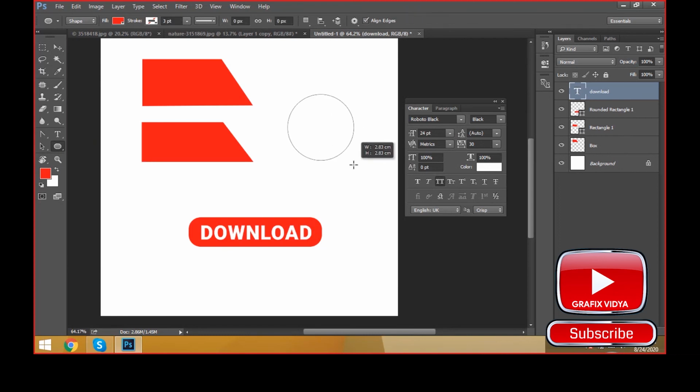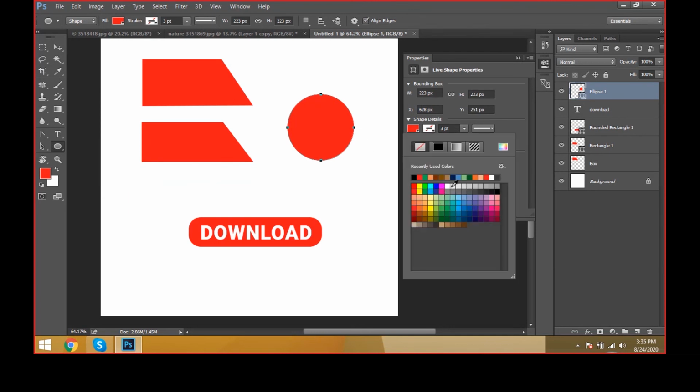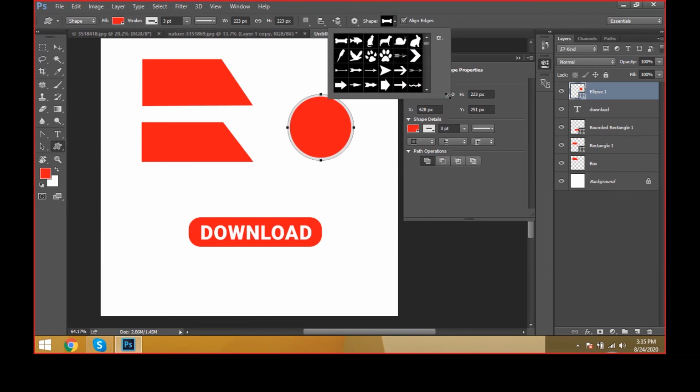an ellipse also, using the elliptical marquee tool or ellipse tool and path palettes. And you can take stroke palettes and create the download action button with some shape, like a calling shape. Take custom shapes. Here we can see so many shapes, friends.